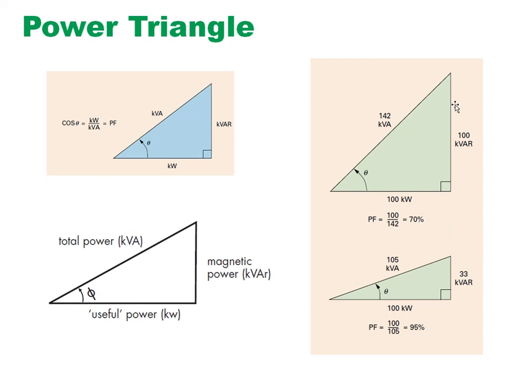As you are seeing on the top side, the useful power is 100 kilowatts. To do this 100 kilowatts of work, the system is supplying 142 kVA, and 100 kVA is getting wasted. Then we are getting a power factor of 70%. If we reduce the reactive power, the magnetic power, from 100 to 33, then our efficiency becomes 95%. That means our power factor will be 0.95. In this case, to do the 100 kilowatts of work, only 105 apparent power, that means total power of 105,